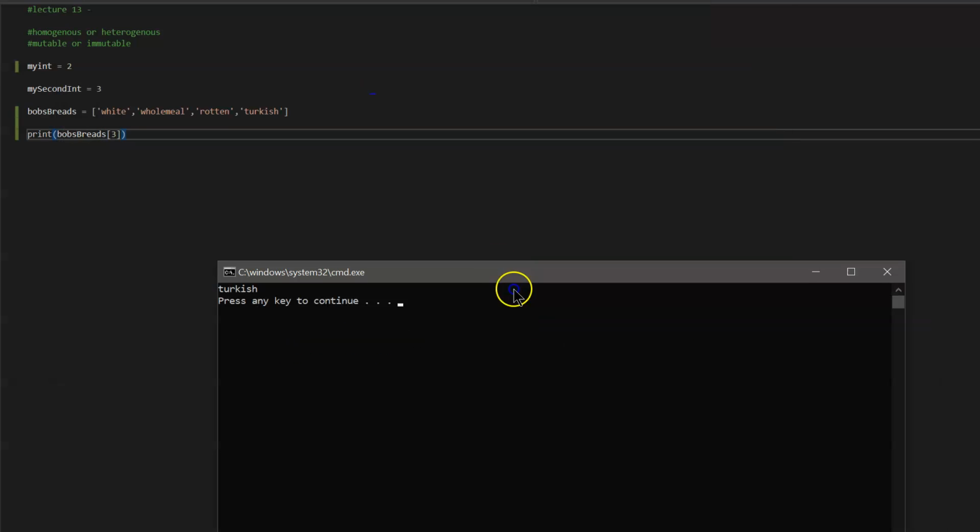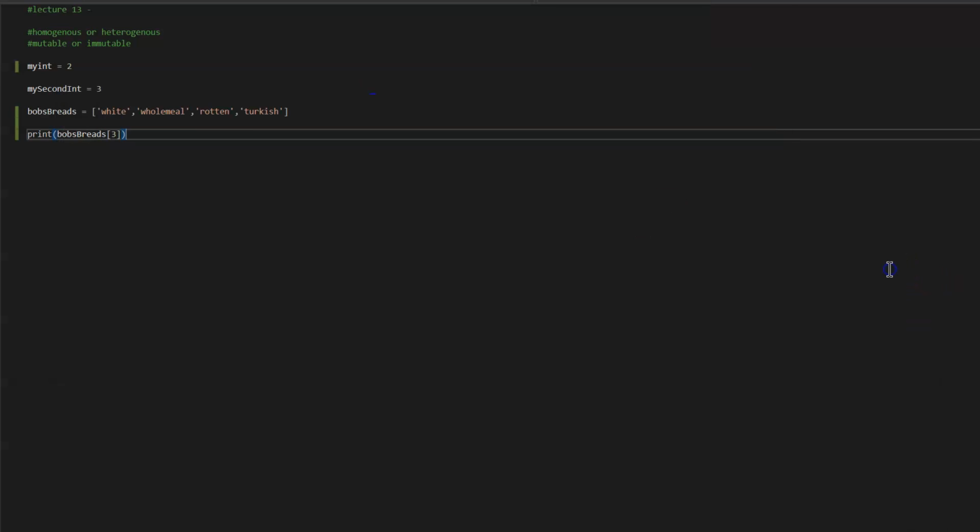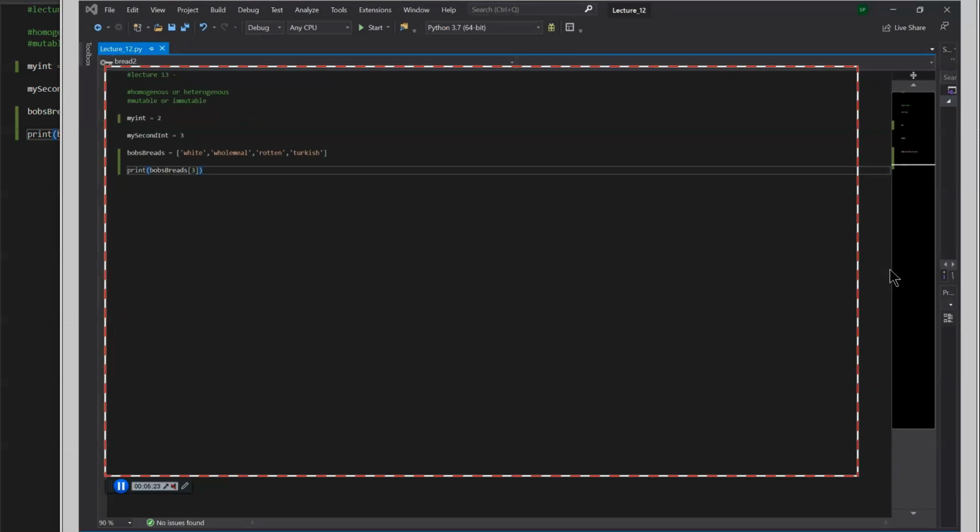I'll drag this in, and it prints Turkish. Now, you may be thinking, well, how does it do that? What is the logic behind this? And you're perfectly correct. It's quite interesting logic. So,